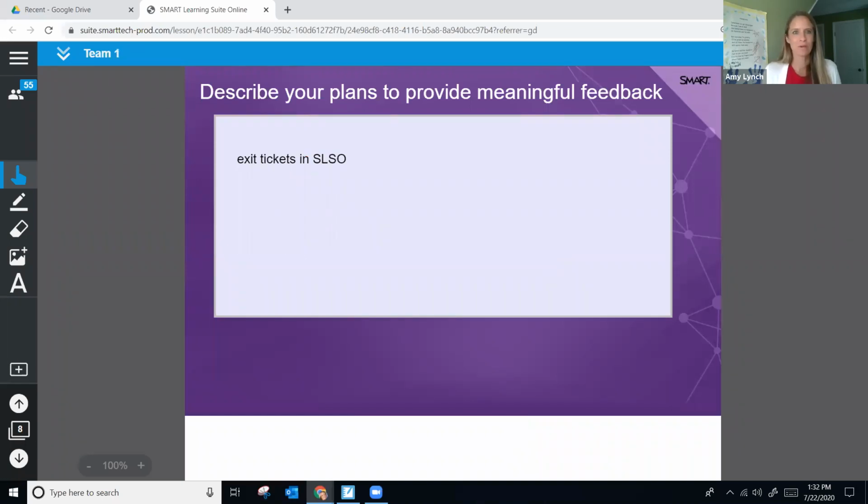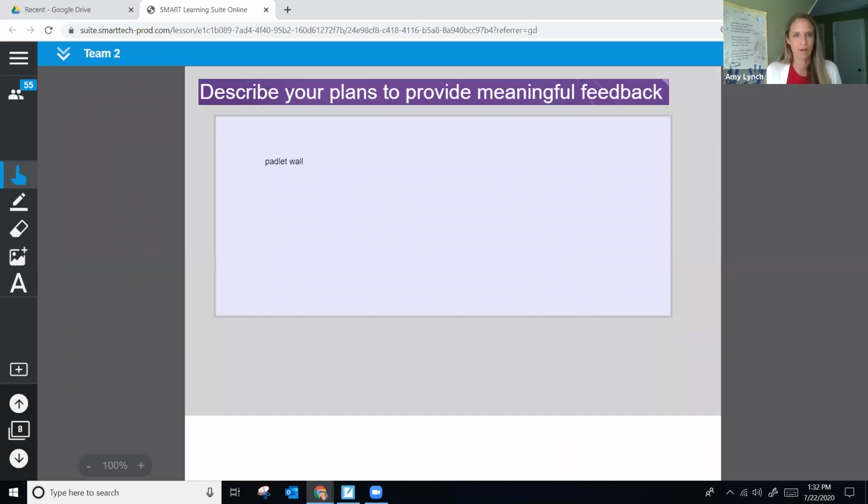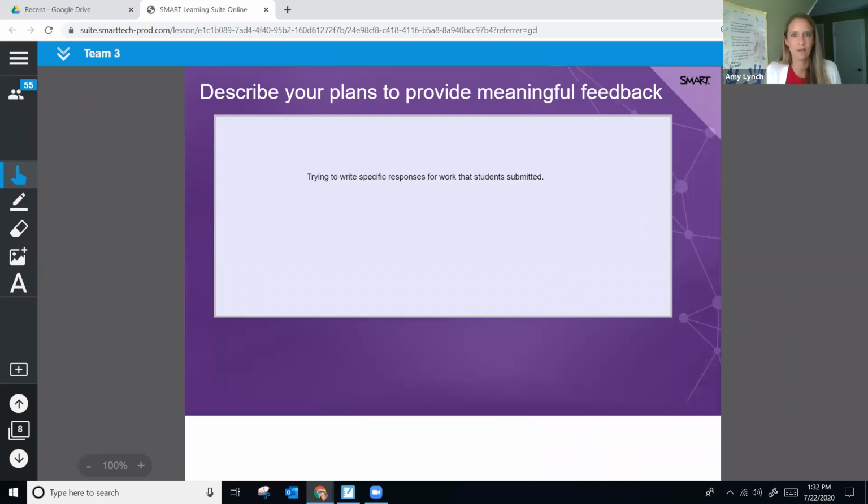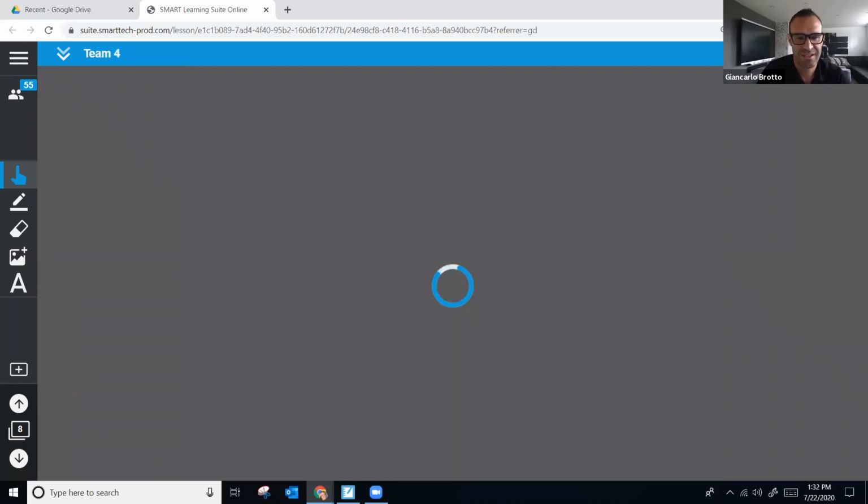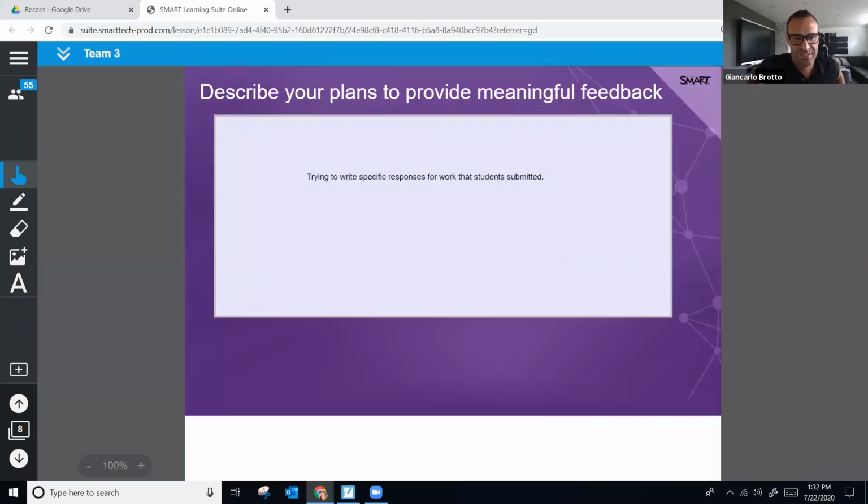Exit tickets, oh, that's the first one. Yeah, so I'm gonna Padlet wall, got it. And we've got trying to write responses for students. Submitted. And that's great. And one thing I'll challenge everyone, because something I noticed in a pattern, is oftentimes it's